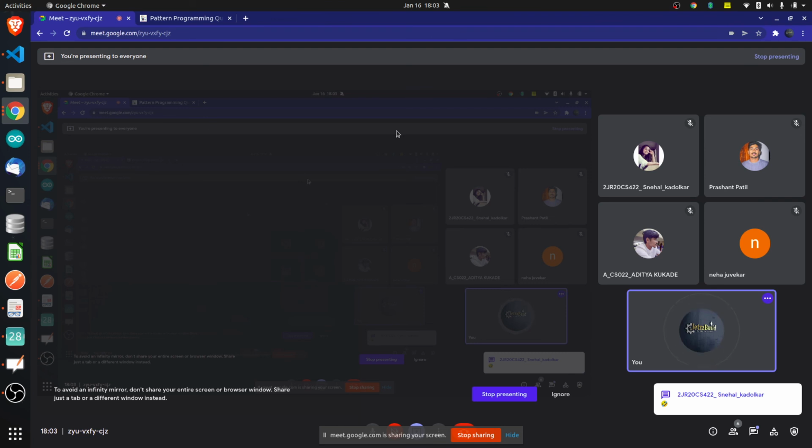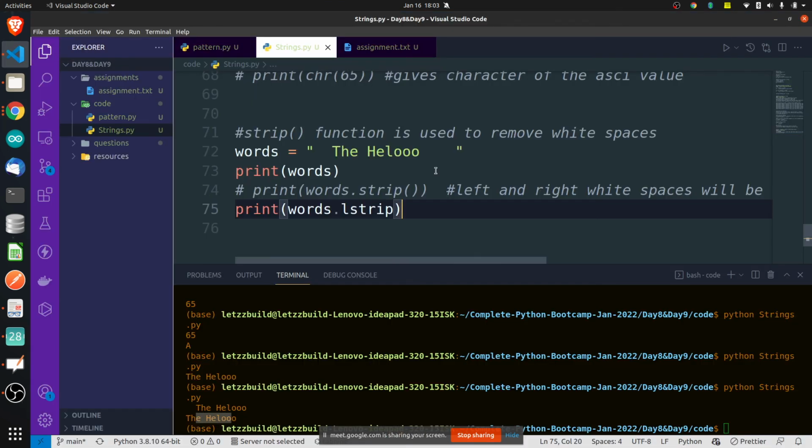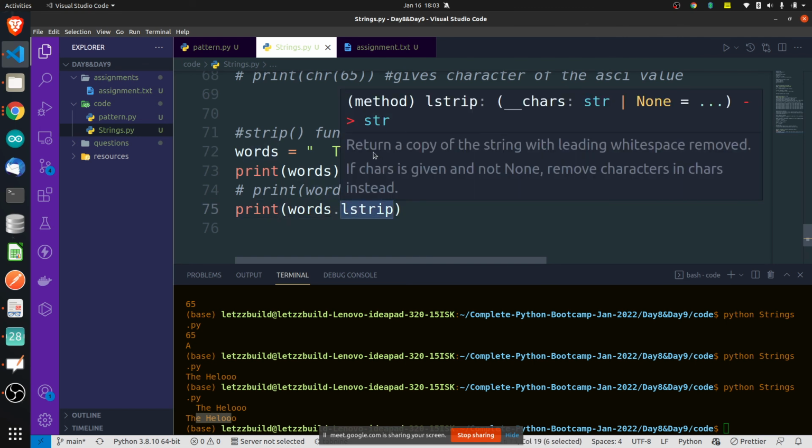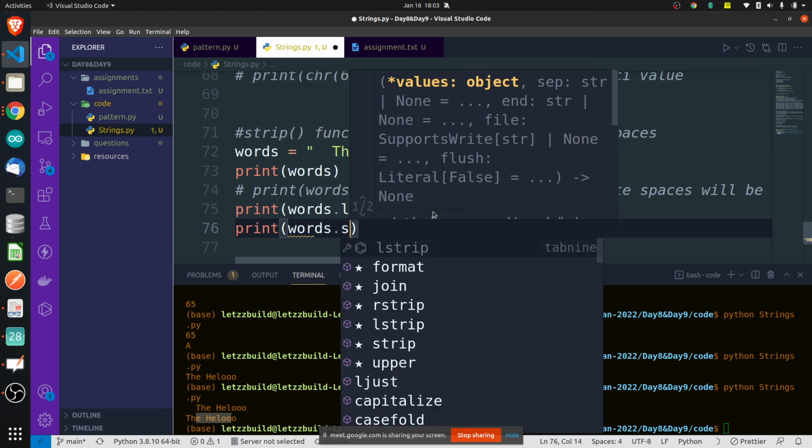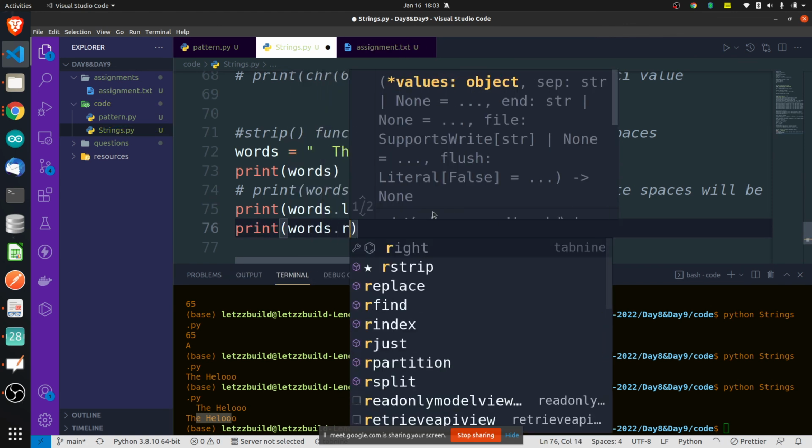Snehal is laughing. So just remember that you just try it on your own. Okay, I'll not explain this, just try it on your own. lstrip is basically used to remove the white space. If you just scroll here, it basically removes the white space from one side, and rstrip is there. Similarly, it will basically remove the white space from the other side. That's it.